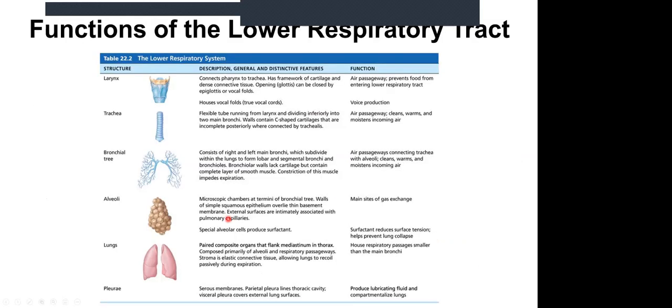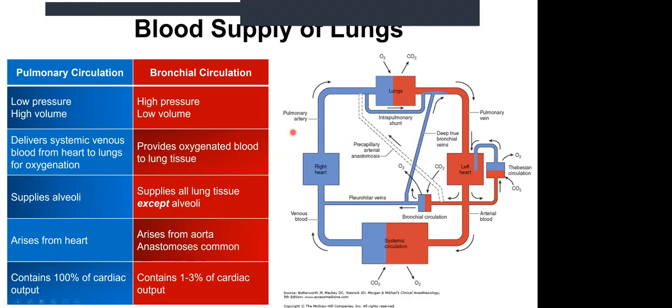So here is basically a summary of everything that I just talked about with the lower respiratory tract. The last couple things I'll mention here are blood supply of the lungs and innervation. Just as a reminder, we already understand pulmonary circulation, which is the right side of the heart circulation. And bronchial circulation is different than pulmonary circulation, because if you remember, we talked about cardiac circulation